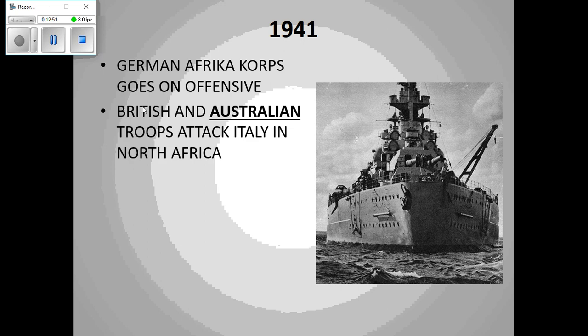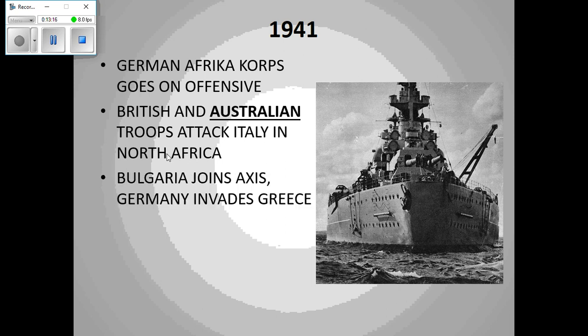The British are like, we've got to help the people of North Africa. We can't let the Germans get a stronghold in North Africa, or the whole Mediterranean will get cut off and we'll be in trouble. So the British and their former colony, the Australians, from Australia, not Austria, go to North Africa, and they start fighting against Erwin Rommel, the Desert Fox, down there. Now, at this point in time, Bulgaria is going to join the Axis and join Germany, and they're going to invade Greece, and that's going to be too much, and they're going to overrun Greece.